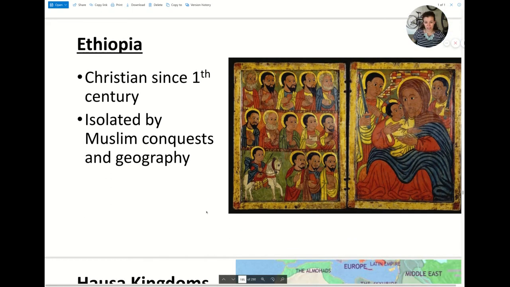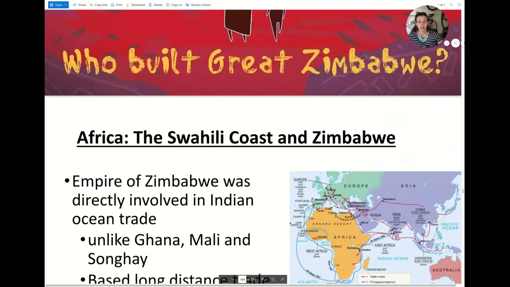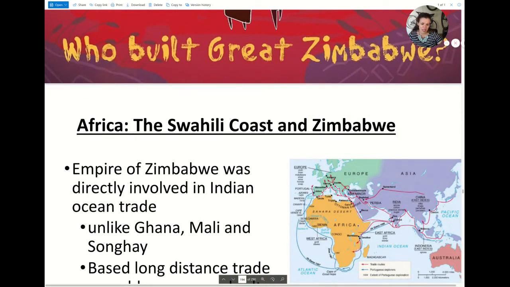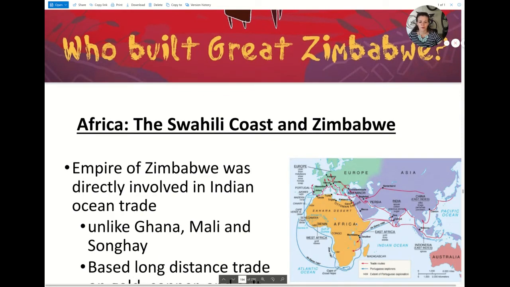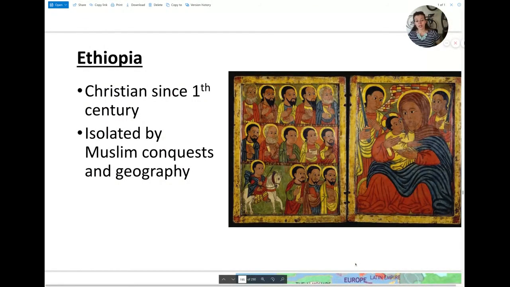All right, the next kingdom I want you to know about is Ethiopia. Ethiopia is located in eastern sub-Saharan Africa. So let me show you real fast on the map. Ethiopia is right here. Ethiopia is going to be unique in a number of ways, if I can go back to my slide. For one thing, they're Christian, right? North Africa is Muslim. Sub-Saharan Africa is going to be primarily animist, right? So no one dominant religion, a variety of local indigenous faith traditions. But Ethiopia is going to be Christian.